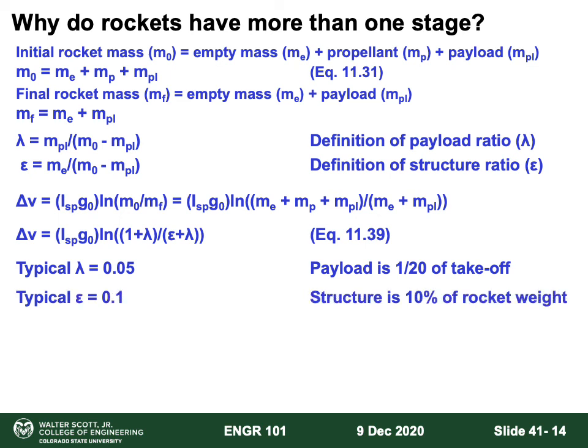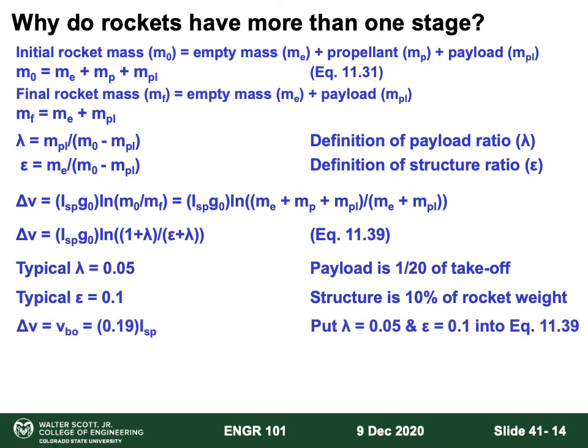The typical structure is about 10% of the rocket weight. If we could make that lighter, the system would be better, but that's a pretty reasonable number to work with. So if we plug those numbers into this 1 plus lambda over epsilon plus lambda,